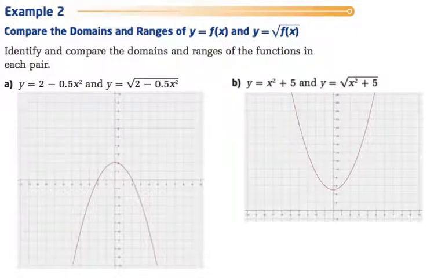In this example, we're now looking at a couple of parabolas. I've given you the graphs of them, and again, we want to find the square root of each function. As we always do with finding the square root of a function, we take the square root of the y values, or the heights. We know automatically anytime that the original function is on the x-axis, the square root will